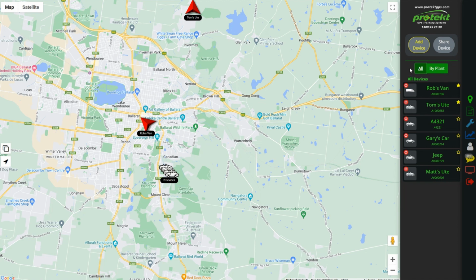If you've got a very large set of vehicles that you're tracking, it might be worth breaking them up by site or by job, or perhaps by function, depending on how you run your business. Another feature we've got here in this list is the ability to set favorites. So you see here these have got a little filled in star and these have got a hollow star, so the ones with a filled in star will always appear at the top of my list. And to turn that on and off, all I've got to do is click that there. So now we see that one's gone back down there, so we can click that there, and now he's back up the top. So it's just another option to make it a little bit easier to manage large groups of